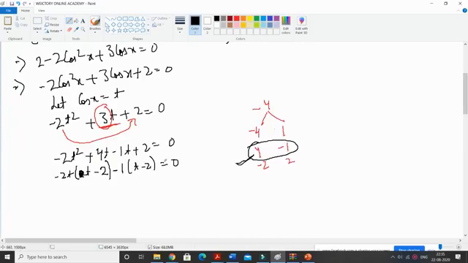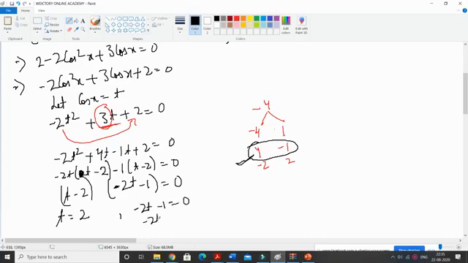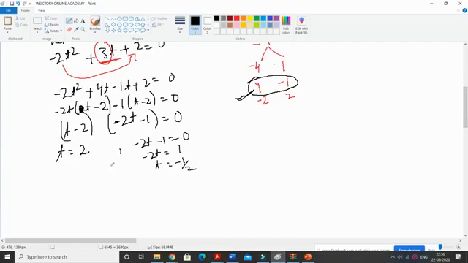Now t minus 2, t minus 2, again you can take common t minus 2, so you'll get minus 2t minus 1 equals 0. Okay, so from here you will get two values, t is equal to 2 or minus 2t minus 1 is equal to 0, minus 2t equals to 1, t is equal to minus 1 over 2. So you got two values of t, which gives you, we can write it like this, as t was